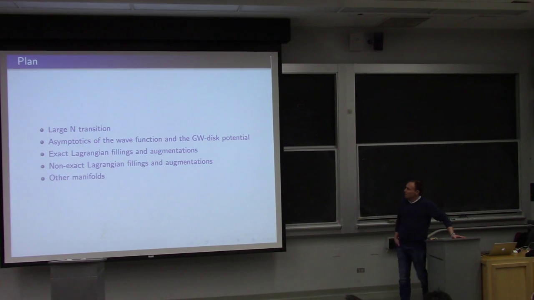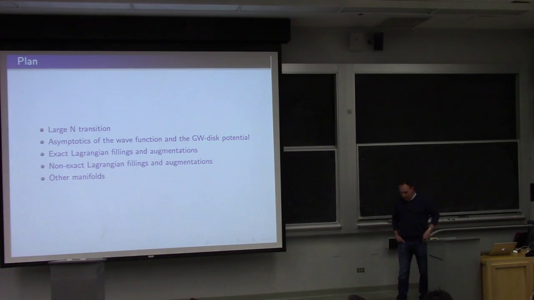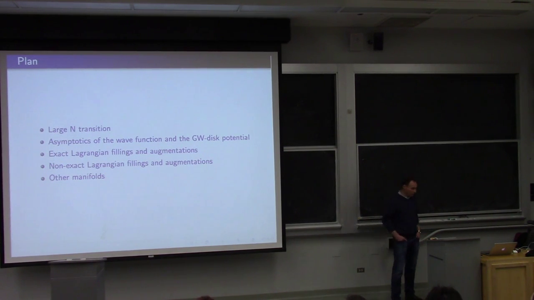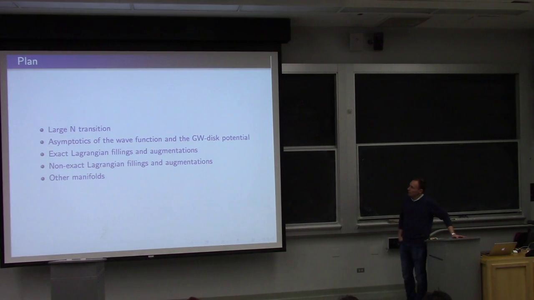Then we will try to derive the so-called augmentation polynomial. I'll tell you what it is from the point of view first of physics, and then from the point of view of non-contact homology. And then we'll discuss how Lagrangian fillings of this Lagrangian co-normal induce augmentations in various ways,